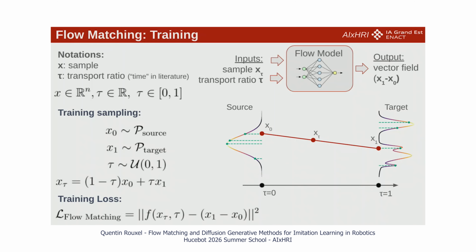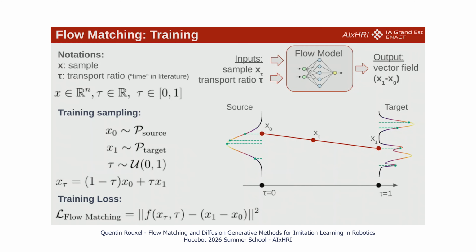So the training recipe for flow matching is the following. We will randomly sample one point in the source distribution. We will randomly sample one element in the target distribution. So when I say source distribution, we can easily sample from it because it's known. We can easily sample a Gaussian distribution, let's say. When I say we sample a point in the target distribution, it means we have a data set of points, and we just choose